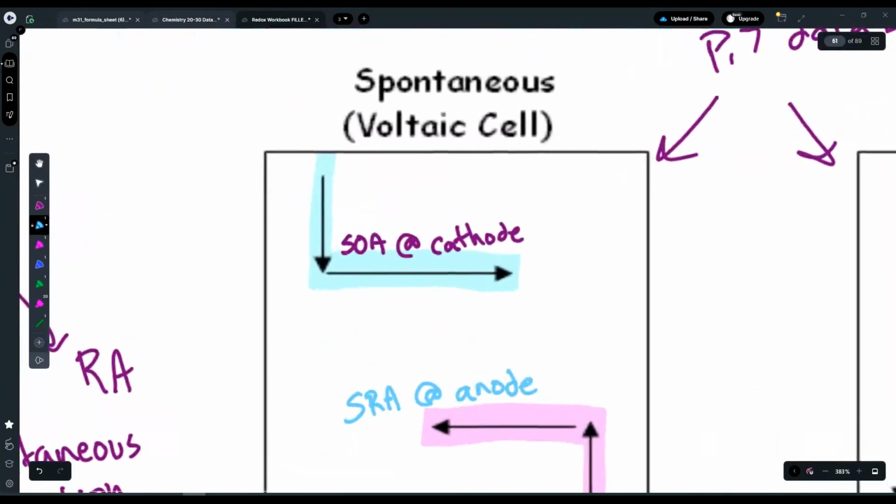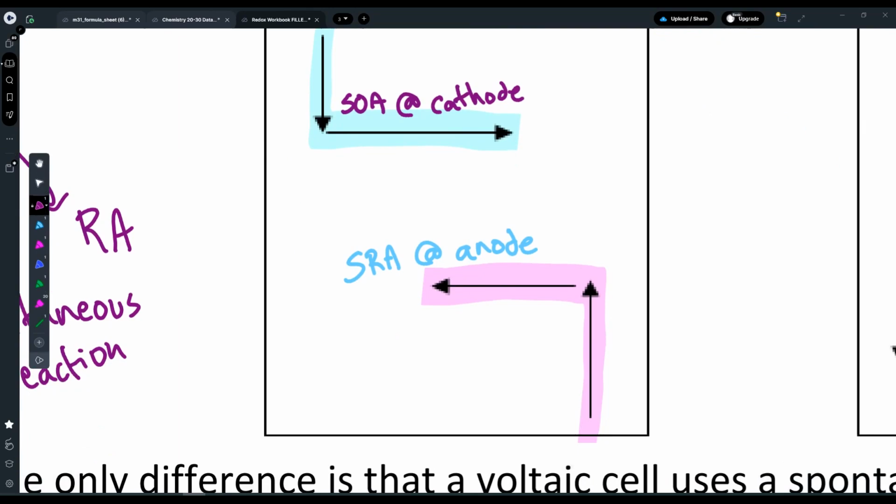Okay, so to determine the SOA, you make sure to create your list of chemical species, and then as you scroll your finger down the table, whichever species you run into first on the left-hand side of the reaction arrows, that's going to be your SOA. And then to find your SRA, you put your finger in the bottom right-hand corner and you scroll it up, and whatever chemical species you hit first on the right-hand side of the reaction arrow,